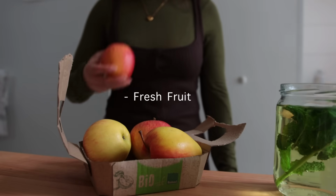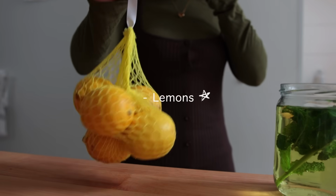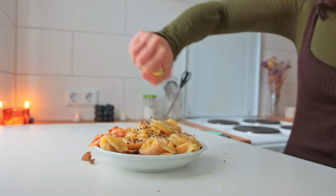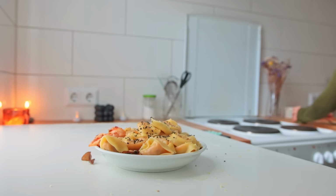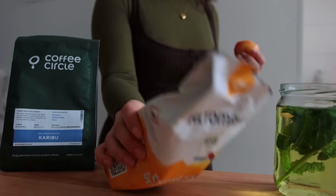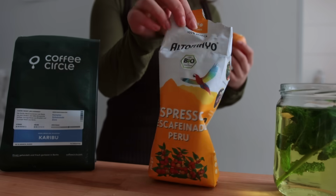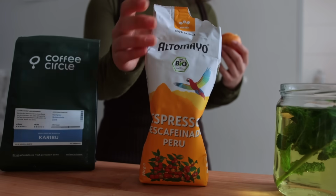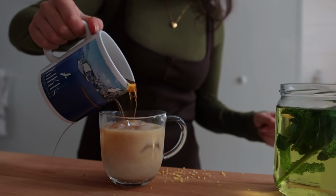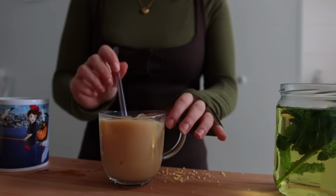Here's some fruit. We've got apples and bananas, which I don't typically keep in the fridge, and lemon to use for both their juice and their zest. I heard you're supposed to keep your coffee beans in the fridge as well. Is that true? Is that a myth? I mean, it's what I've been doing for the longest time, but you guys let me know. Here I'm making a little iced coffee drink, adding some lemon zest as well, which strangely works so well together,